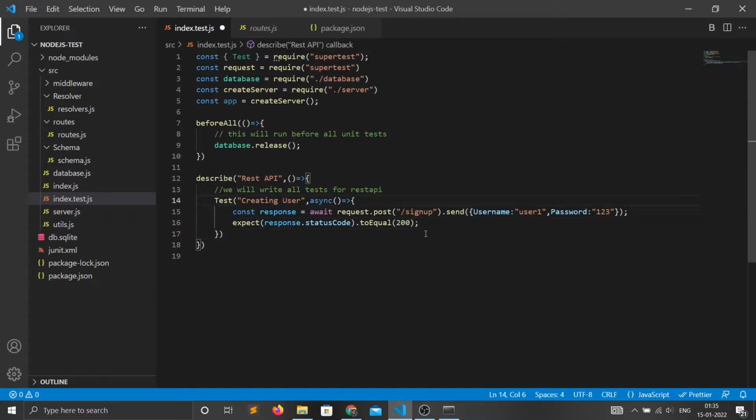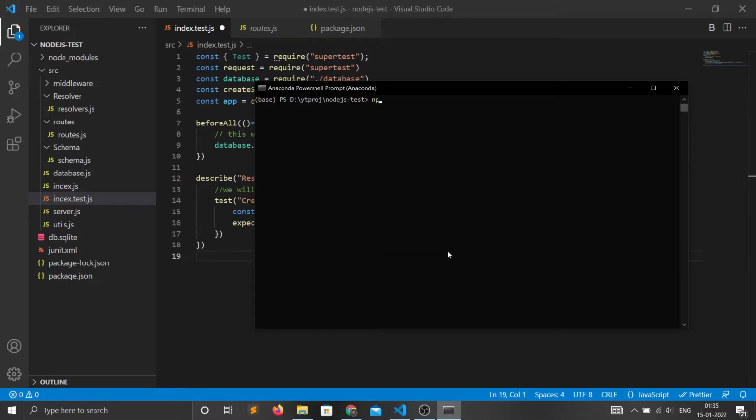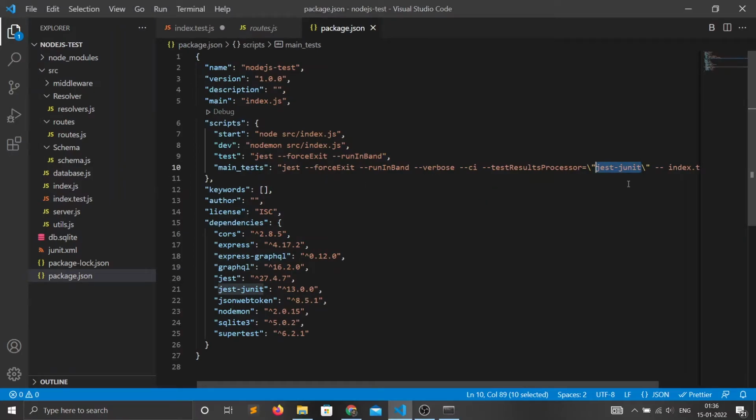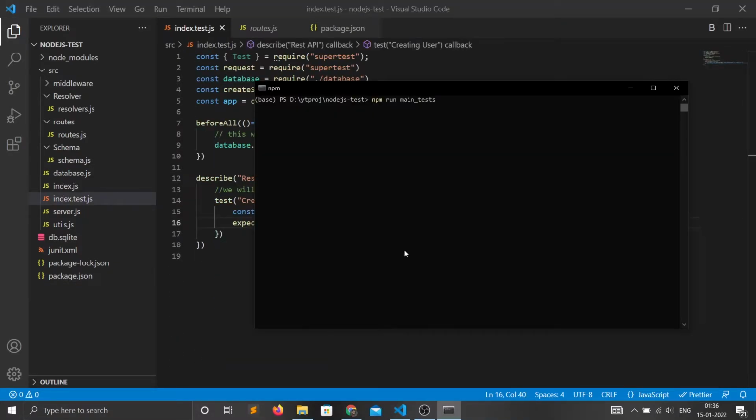Also this test should be with a small t, and request also accepts an argument, app, so we can say on which app it is making the request. Now if I run npm run main test, I am running the main test script because I also want to see the output in JUnit, since we defined this main test script like this.